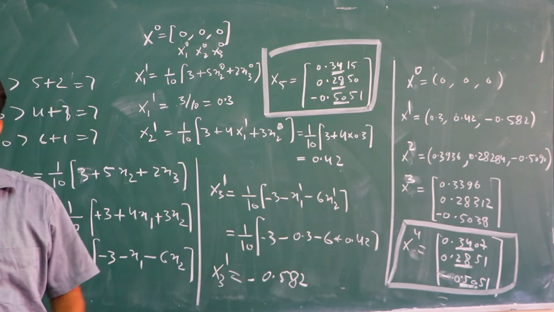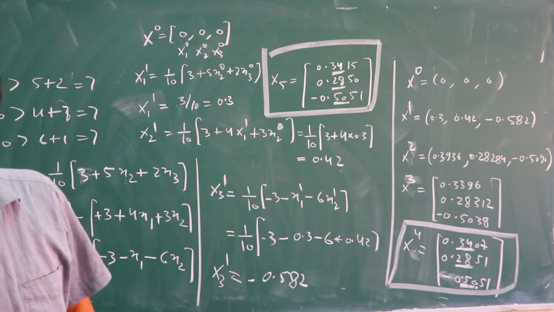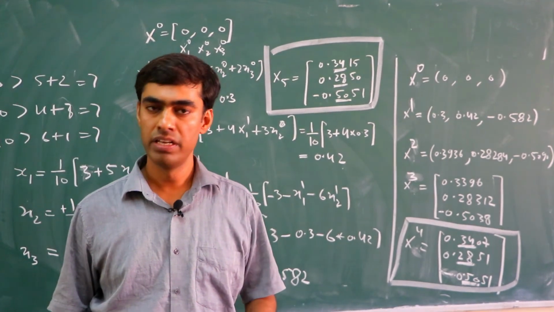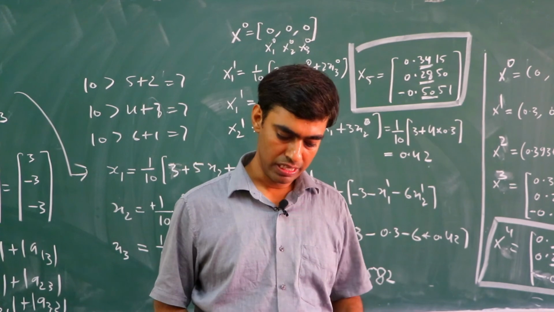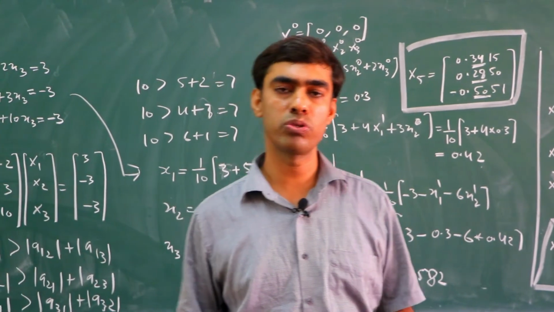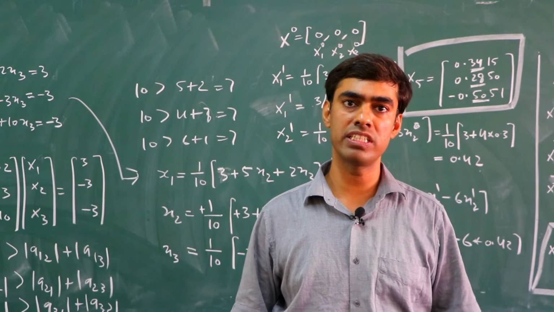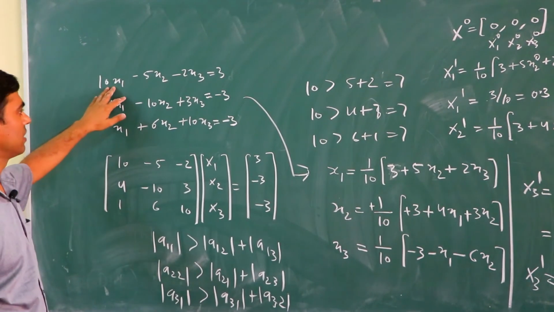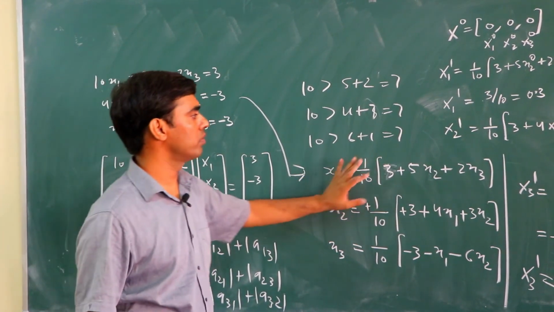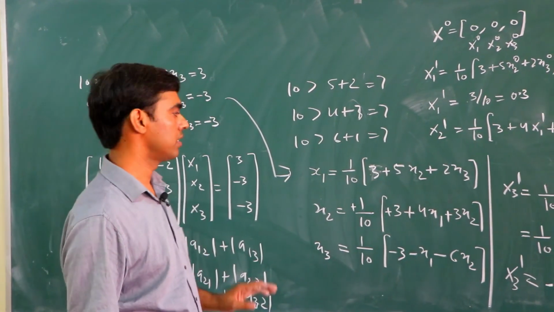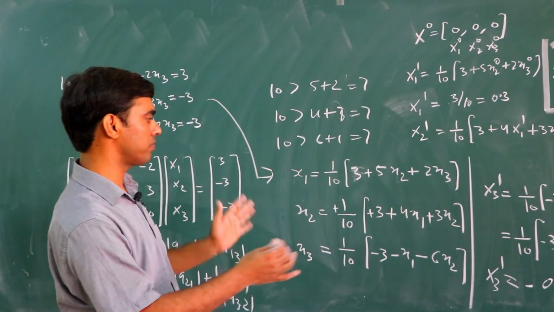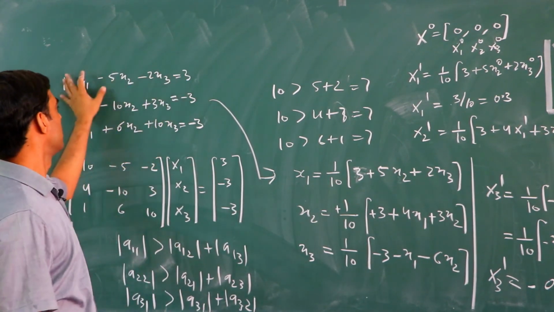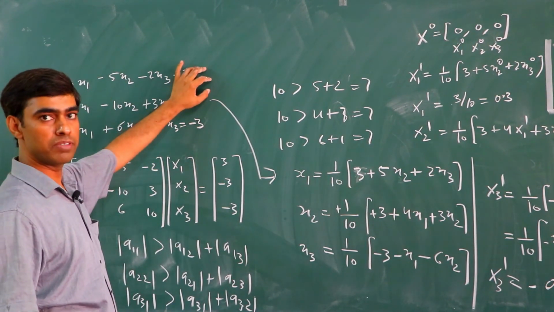So this is how we find the solution with the help of the Gauss Seidel method using the general procedure. The Gauss Seidel method is also known as the displacement method. Why is it known as the displacement method? Because here we write x1 equal to this expression, and if the difference of the left and right hand sides becomes 0,